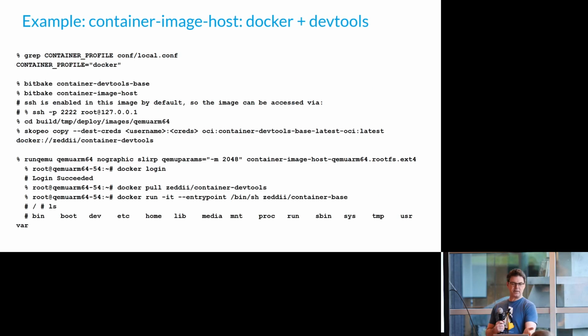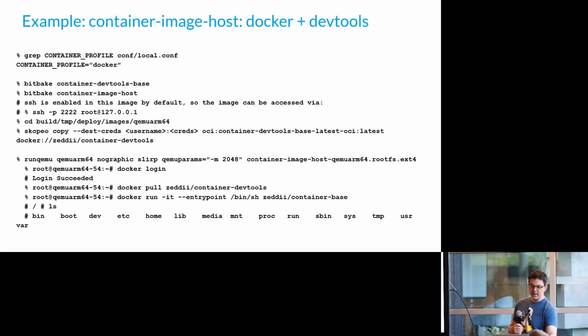And so this container DevTools base is something that I was asked to do, and it's just a sample container that actually has an editor and GCC and some different things in it. So if you want to spin up some on-target development, it's a reference one. So I bitbaked both of those after setting that. In this example, I did remember to take my username and credentials out. And actually, if you want to see my flailing, you can always find my Docker Hub, and you'll see the various pushes of these, some of them giant containers, to and fro.